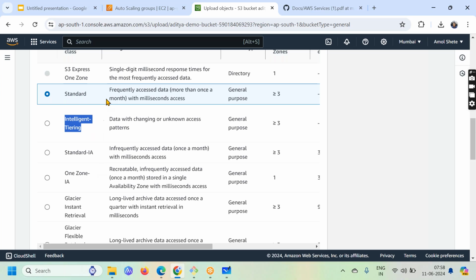One after the other, it is going to place the objects in different classes. Let's say you have multiple objects and a few of them are utilized again and again. Those objects stay in the standard class, and the rest move to the lower classes. That will also happen. So in a better way, you should be putting it into intelligent tiering. And let me tell you frankly, in our organization, we do this. We do intelligent tiering